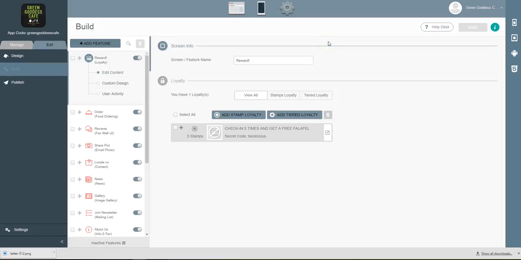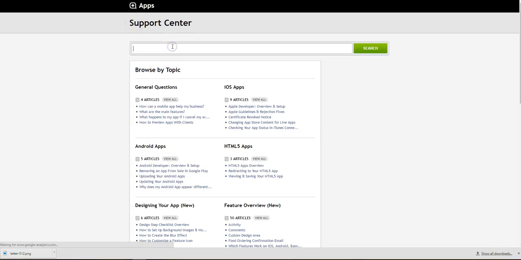How's it going, everybody? In this tutorial I'm going to show you how to use one of the most powerful features available inside of a mobile application, and that is our loyalty programs. We have two different types of loyalty programs. We have the loyalty V1 and then the loyalty V2. And to give you some examples of what these look like,